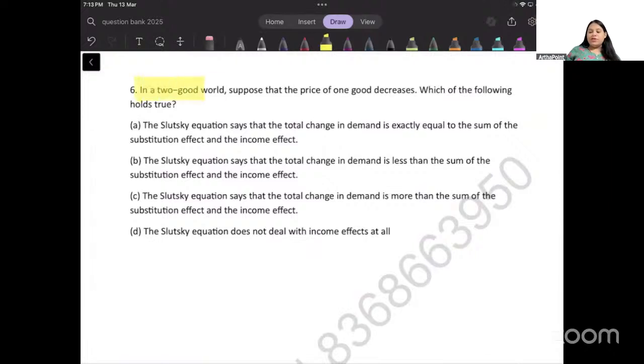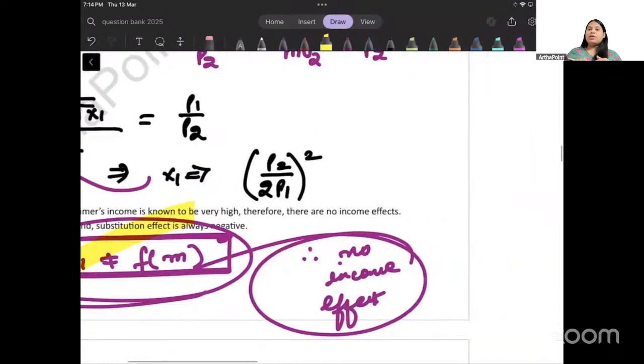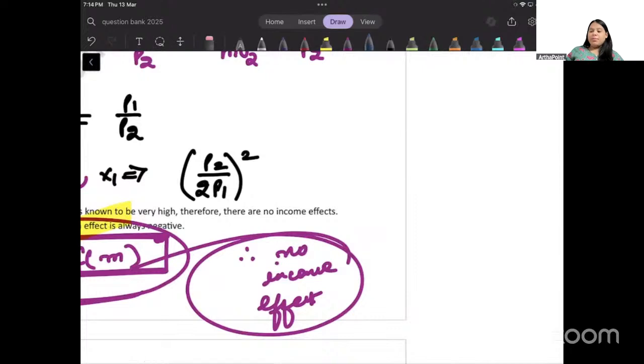In a two good world, suppose that price of one good decreases. Which of the following holds true? If it has not told anything about income being high or low, then also I will mark this answer. Unless it says that price, I am not able to afford the other good. जैसे for example, बेटा if you remember in the class, हमने देखा था कि जब हमने